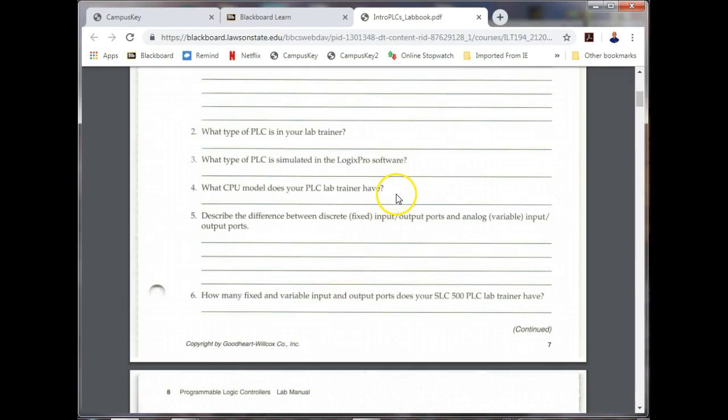This one is going to be on the door, but nobody's going to be assigned these PLCs. You're either going to be on the 1100 or you're going to be on the 1000. The 1000 is a true fixed PLC. This guy is what I call a hybrid PLC. It comes with some fixed ports, but then you can mount